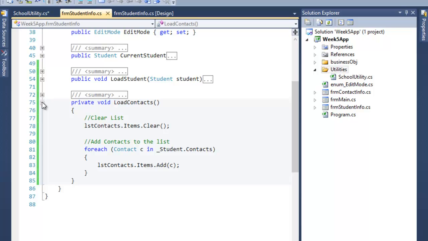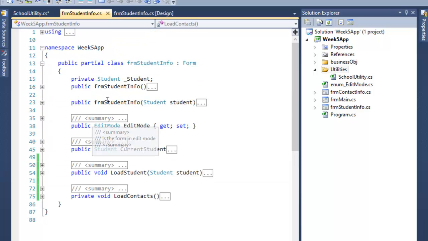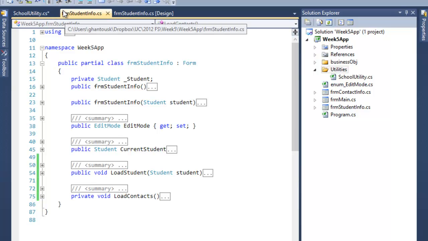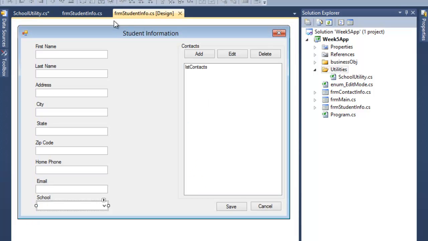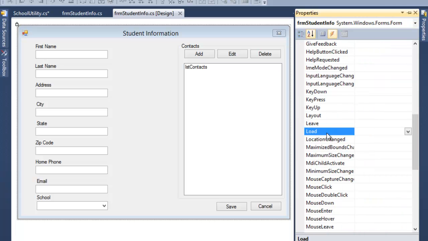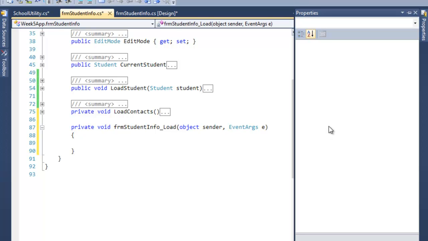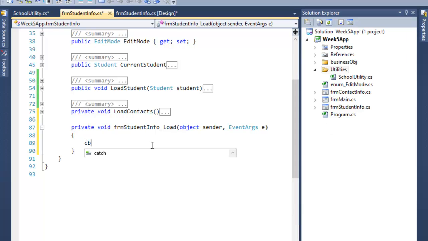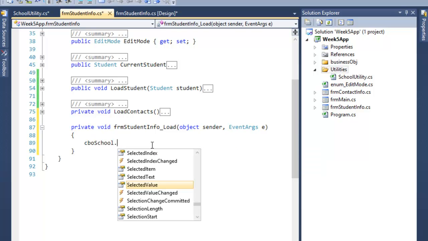Good? Okay. So when this form loads, what I want to do is set up or pre-populate the combo box. If we go back to the design view, click on the form itself, pull up the properties dialog, events, double click on the load event, it gives us our event handler stub. I then want to say here, CBO school,